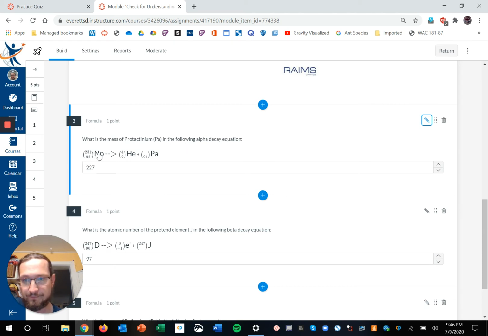Okay. And notice here that I get a value for the mass, and it says what is this new mass here? And so what I can do here is give this a range so that every student will have a different number for the mass of neptunium, and then their answer for protactinium will be different for every student as well. Okay. To do that, though, to make it look like this, I was trying to find out